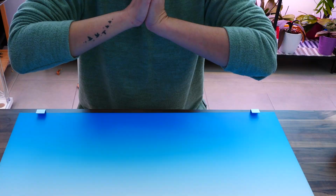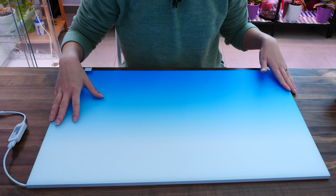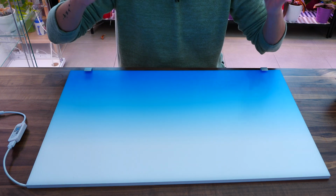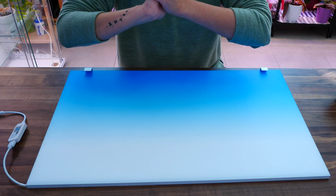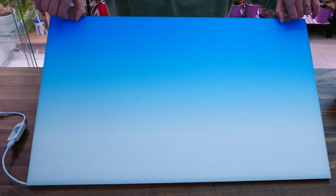What matters is how this looks. I did a few tests. Guys, it looks magical. So I'm gonna go ahead and put this thing on my tank. Gonna do a little aquascape. We're gonna have a separate video about that. And we're gonna come back when that tank is ready and play a little bit with the settings